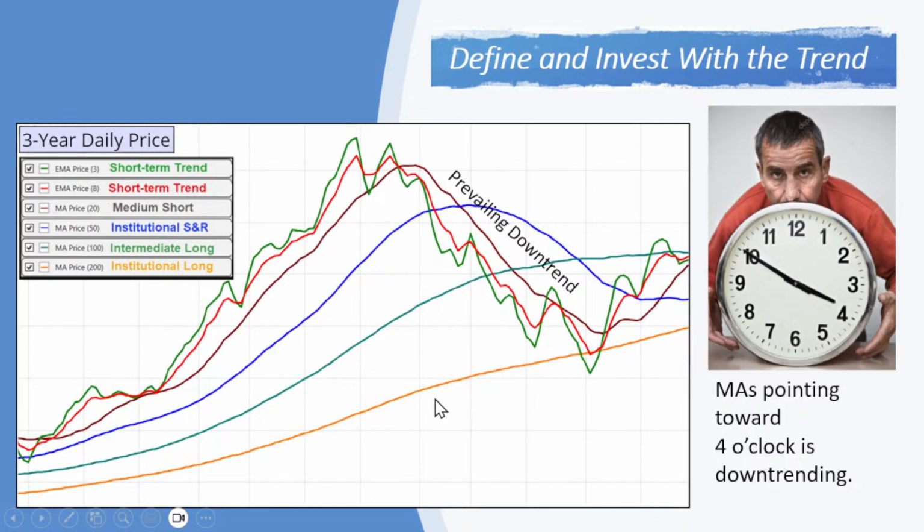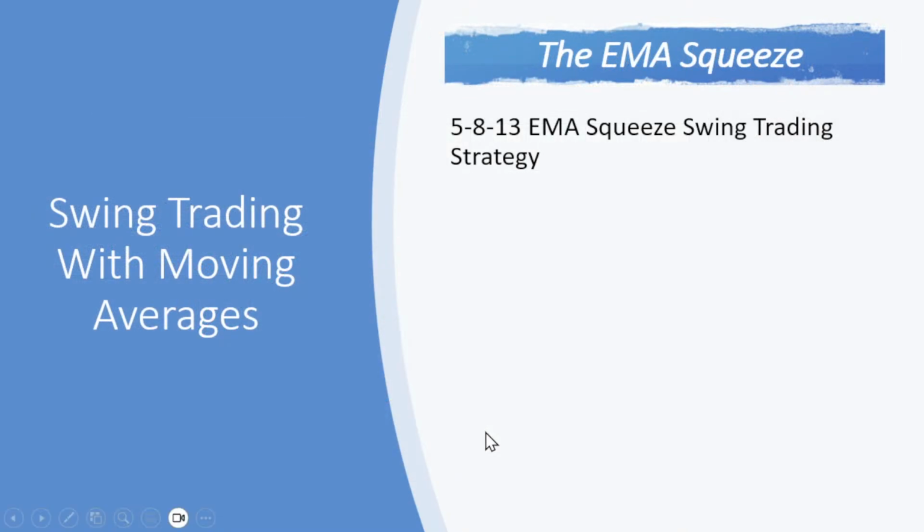Okay, and 45 degree down to 4 o'clock roughly, is the desired direction and slope of moving averages in a downtrend. And because traders buy and short stocks, this type of analysis is important. Understanding downtrends just as much as understanding uptrends.